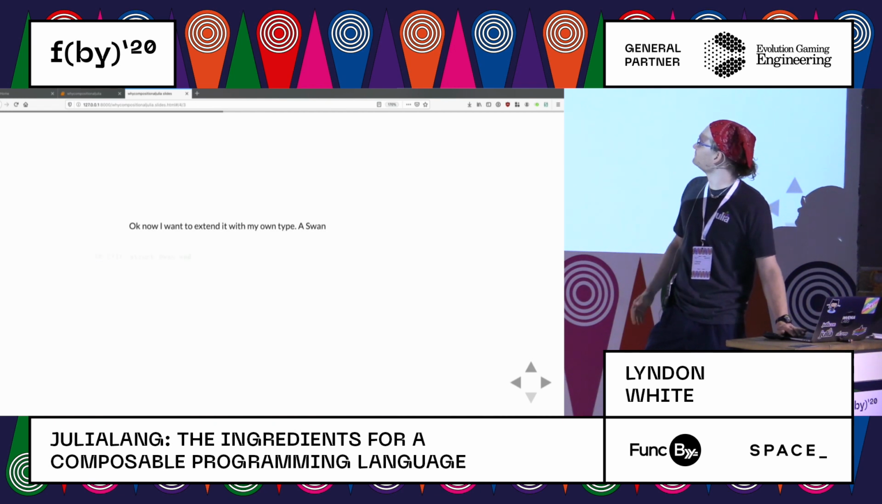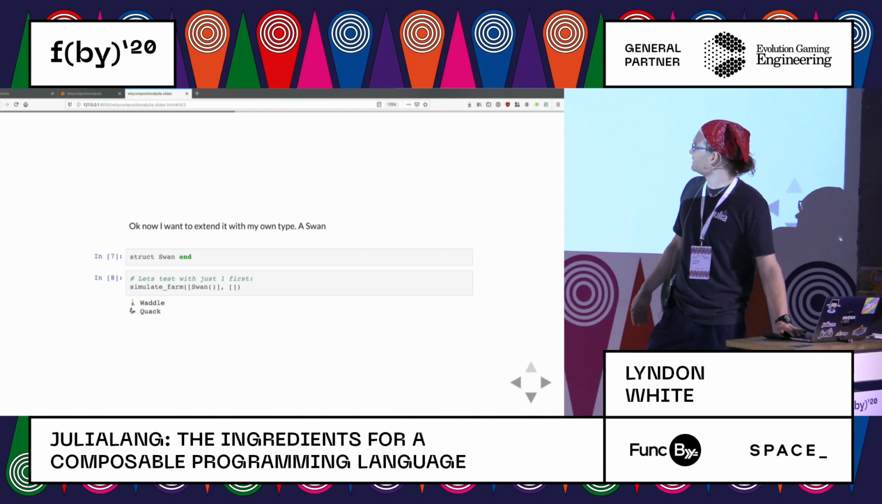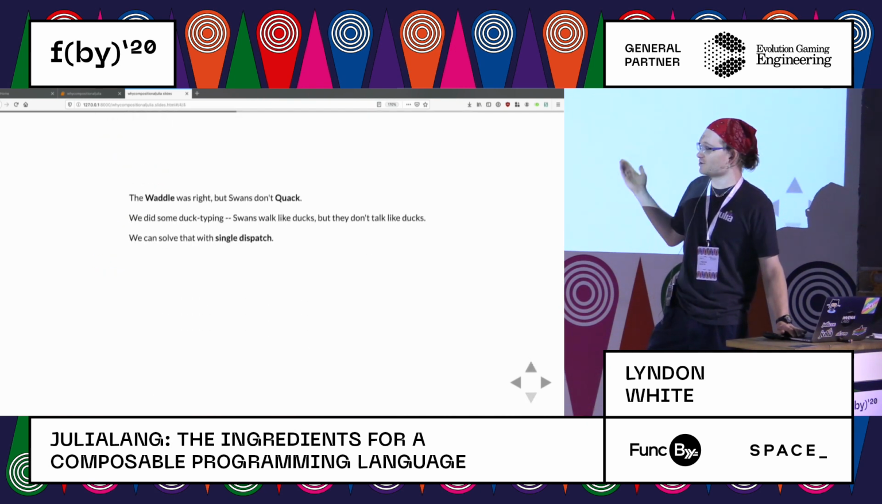I want to have a swan. So I've defined my type, it's a swan. Let's try it out. So I've got a swan: waddle, quack. Swans don't go quack. So what have we got wrong? We did some duck typing. It walked like a duck, it waddled, but it also talked like a duck, and that was a problem